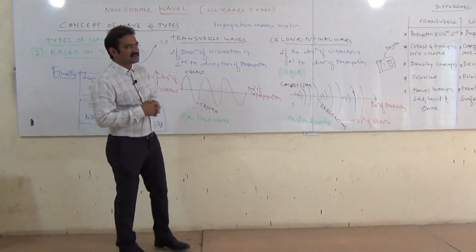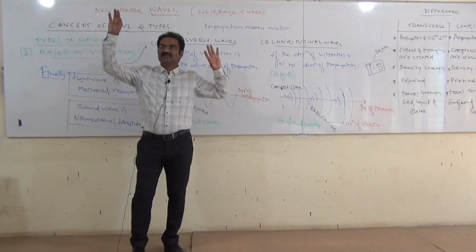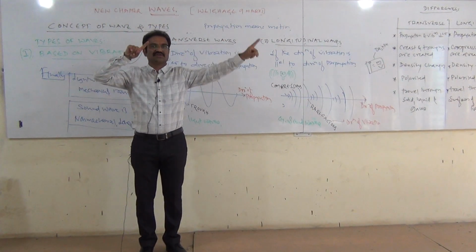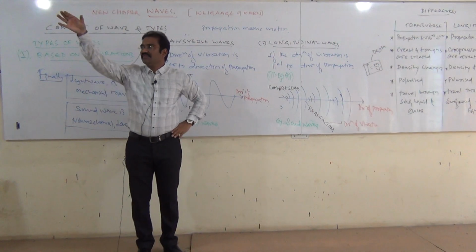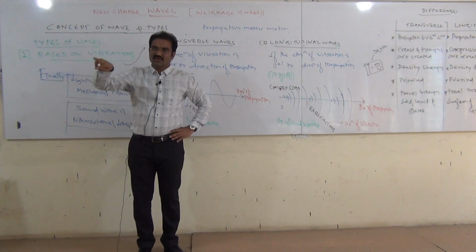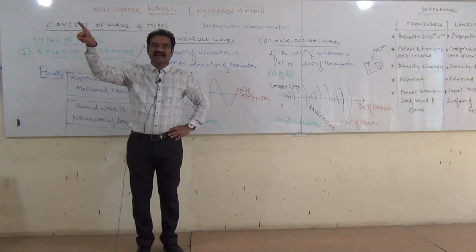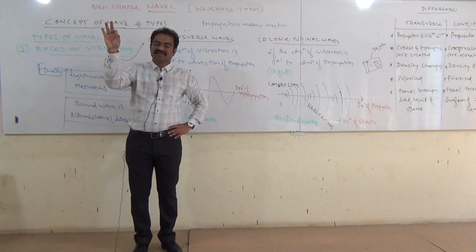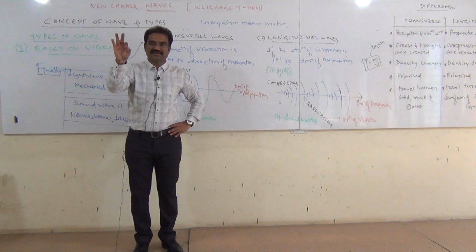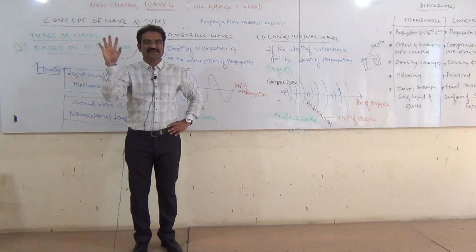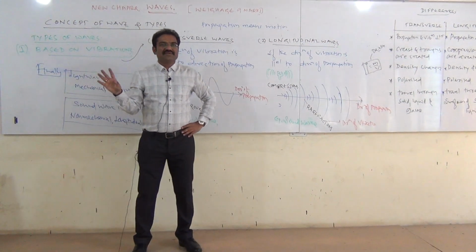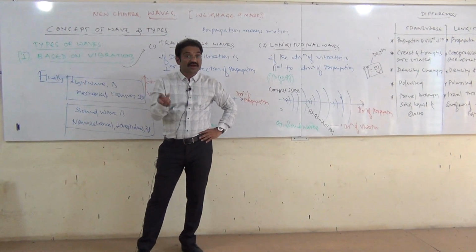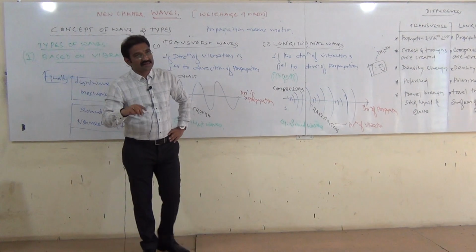The second one is that waves can be classified based on the requirement of the medium, based on the direction, and based on the vibration. Based on the requirement of the medium, there are two types: mechanical waves and non-mechanical waves. A mechanical wave requires the medium for its propagation. Example is sound waves. The second one is non-mechanical waves, which do not require the medium for their propagation. Example for that is